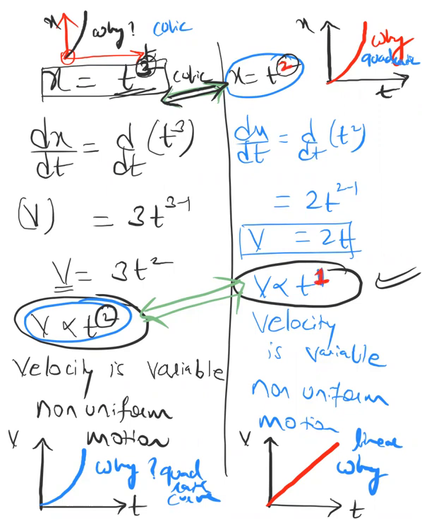That means always, if the position time curve is a cubic curve, then the velocity time curve will be a quadratic curve. If the position time curve is a quadratic curve, then the velocity time curve will be a linear curve, one less than the position time curve. Are you getting what I am talking about? Okay, there are 3 stages: linear, quadratic, cubic. Once you have written this comparison, everything you have drawn, you tell me, then we'll go to the further discussion on this.